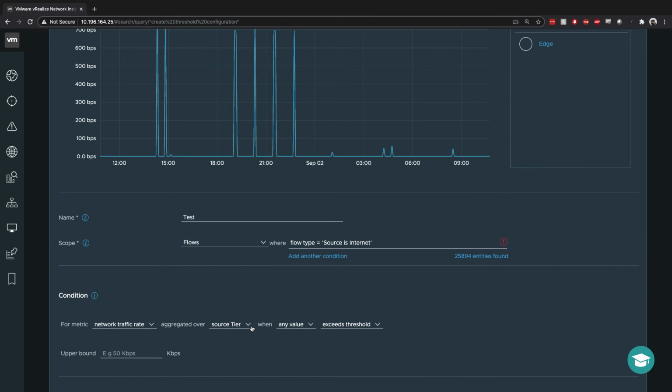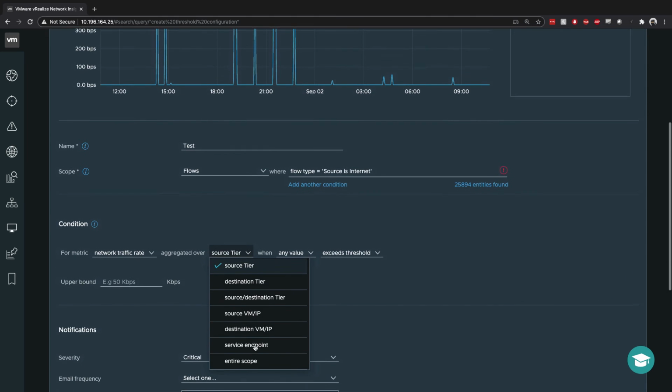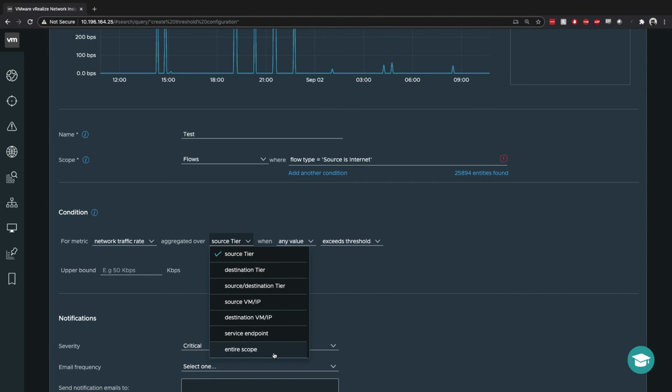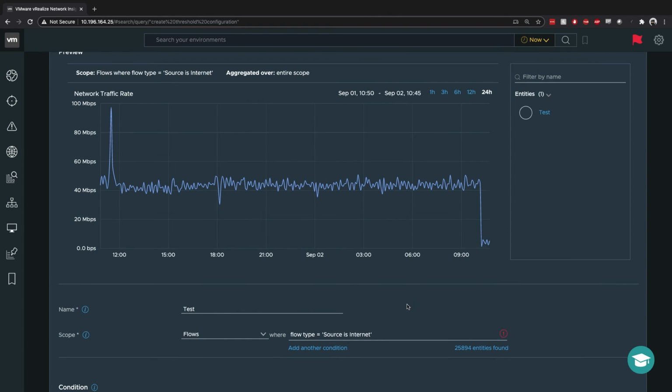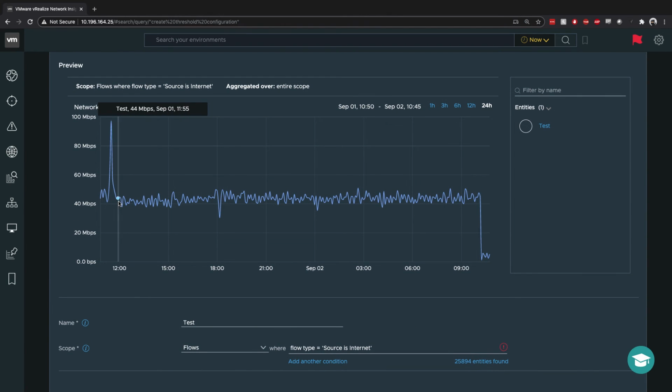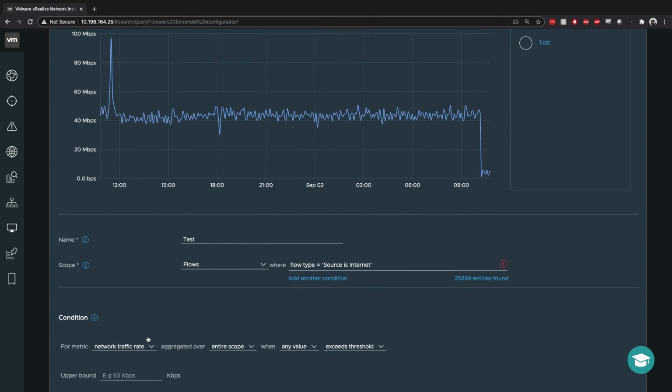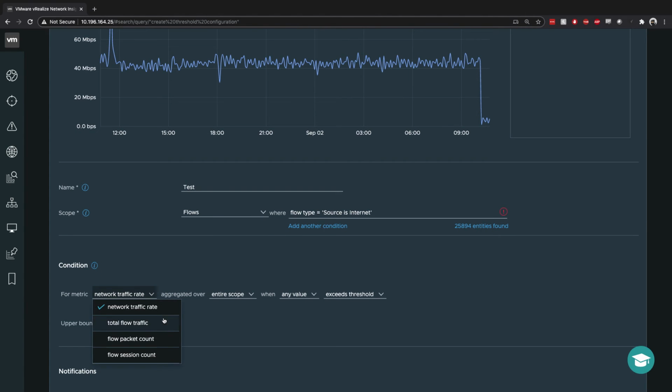Since there are so many individual flows, what we want to do is aggregate this set of flows over the entire scope. This will create a single chart for all 25,000 flows to give us an indication on the network traffic rate of these flows combined. If you'd like, you can always change the metric that we're looking at to a different metric that you can see here. If you'd like to look at something like session count or packet count instead of total traffic rate,